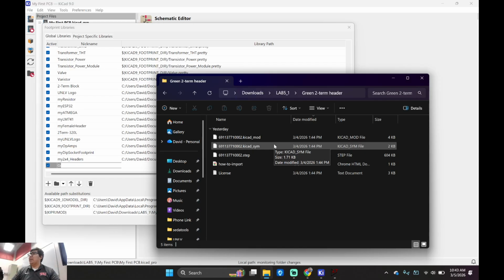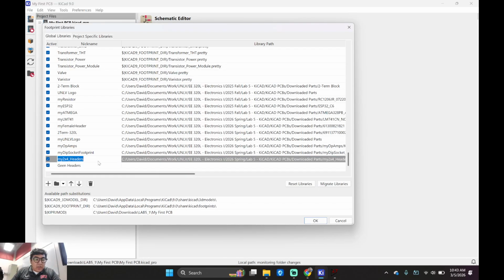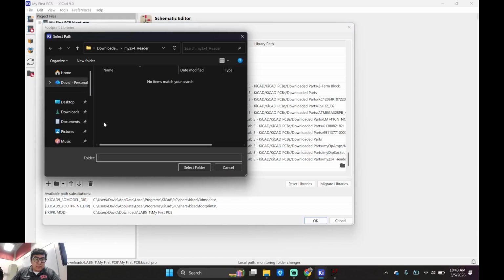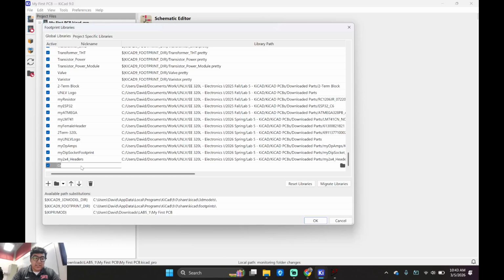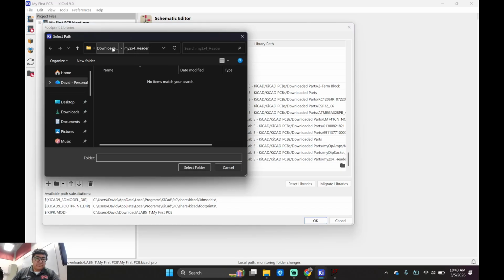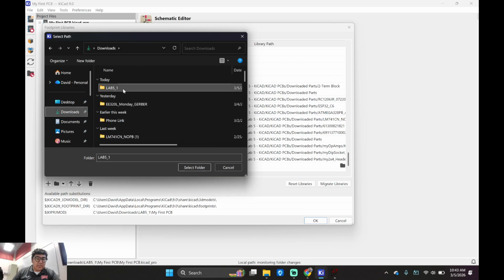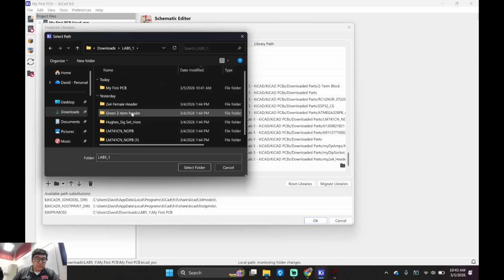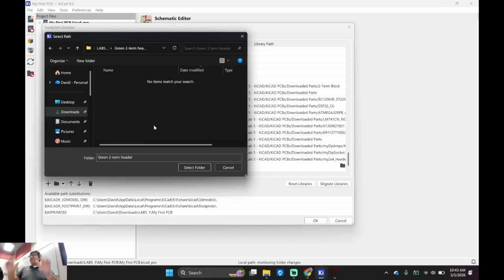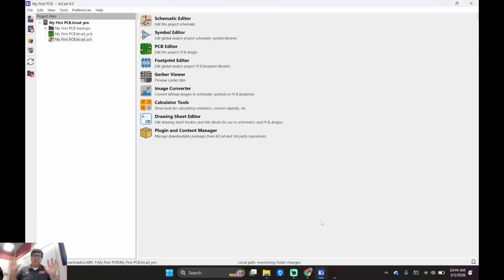So you're going to select that folder, right? So let's see. Green header. Or let me just recall it like this. Green. Green 2-term header. Okay. Select. I'm just trying to generate these errors so that you guys can fix this on your end too, okay? Not this one right here. Green 2-term header. You're not going to see anything here, okay? But you need to know that there was something in there, all right? We're looking for a folder. Select the folder. Okay, let it do its thing.